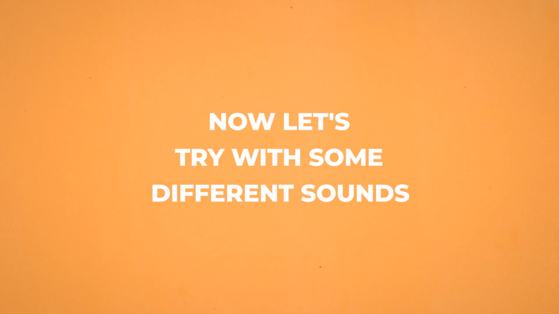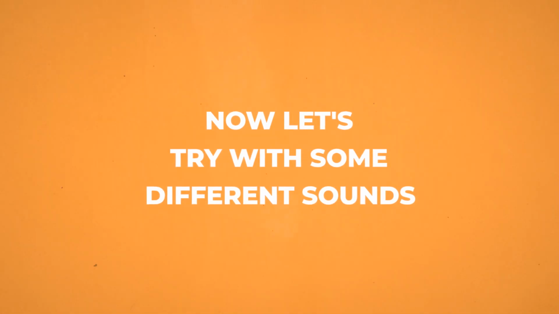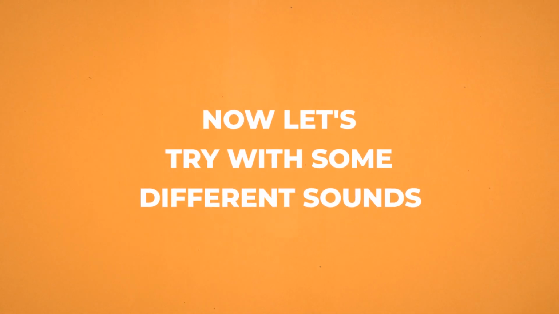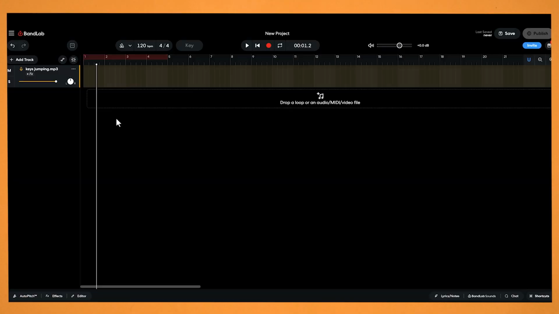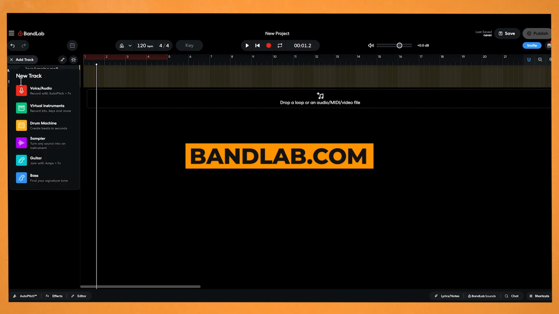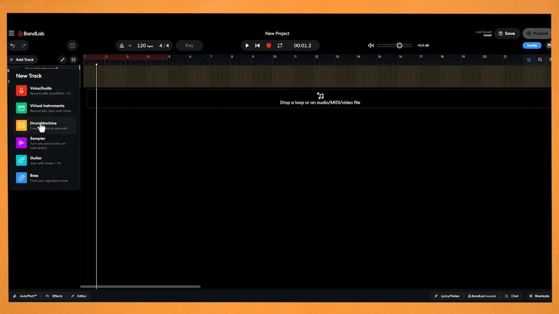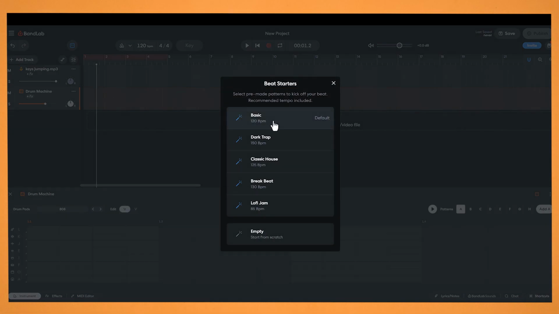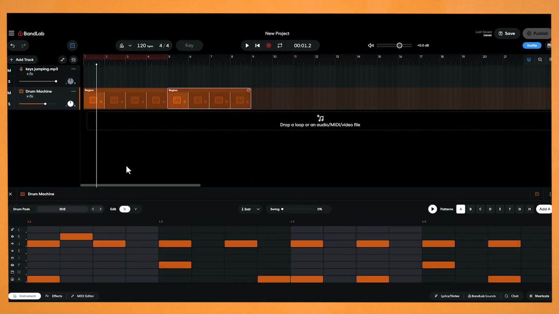Now for this next part, I'm going to use sounds that I found online or ones that you can create using some music software. So as an example, you can use that BandLab website. You can add your own tracks and add virtual instruments. So here we have a drum machine. So you can do basic, and if you play it back,